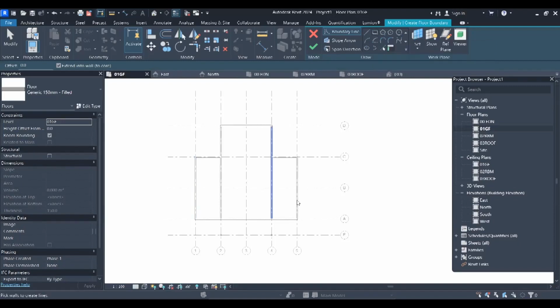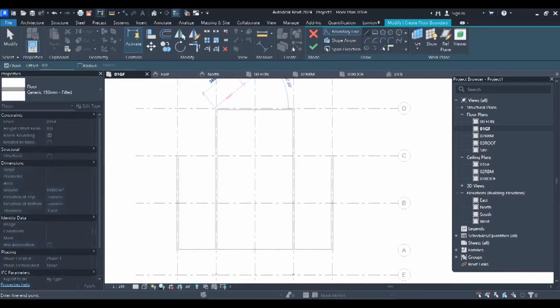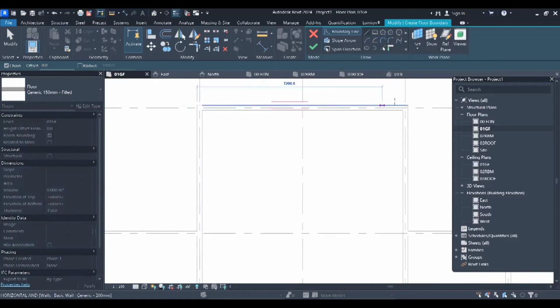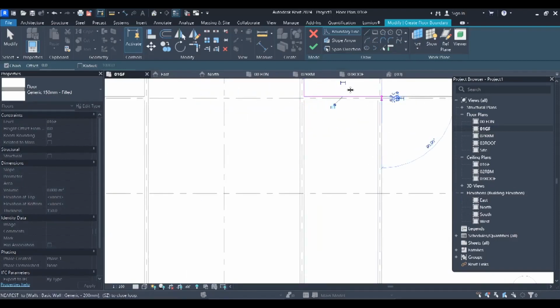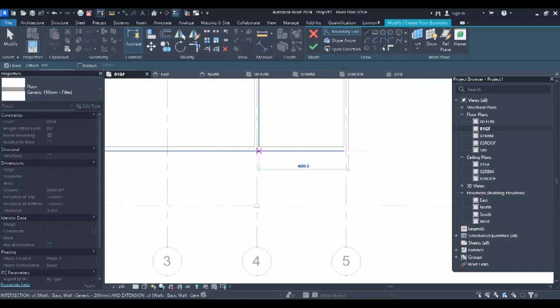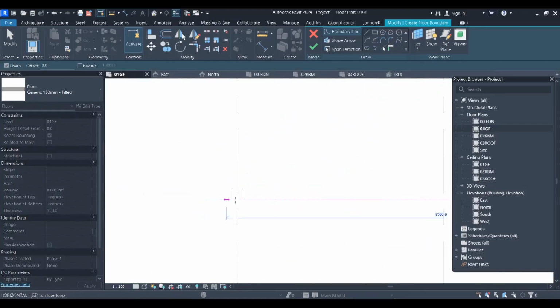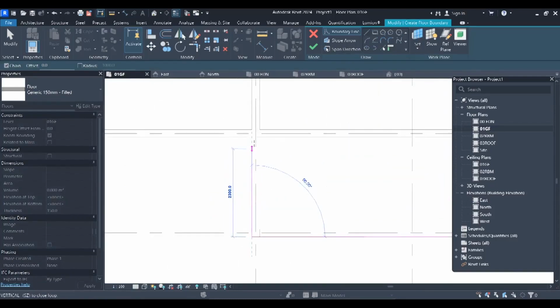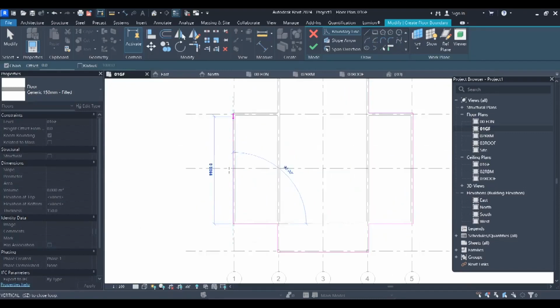If I realize my drawing is purely rectangular, I would have chosen this rectangle, but it has some corners. So I need to choose this line tool so that I can move along these corners. This is how you go. You select the line work, and then you click the start. Then you click at the corners where you want your slab to extend, or where you want it to pass. So here I had put a porch, that's why I am bringing my slab along the porch. So all the way